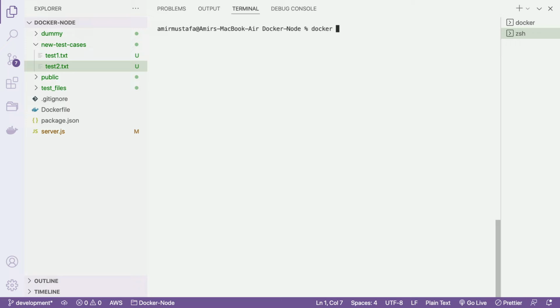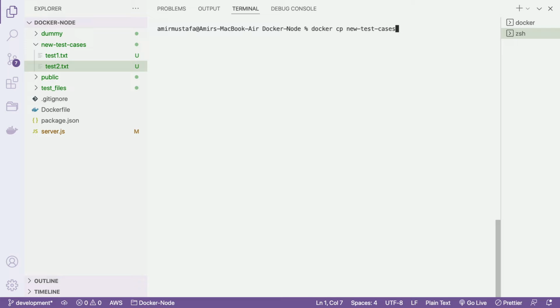docker cp is for the copy command. Let's now refer over here, source file. By source file we mean the folder we want to copy, new/test-cases/test1.txt, your files. But if you want to copy all the files, we can give a dot, space, where we want to paste it, in this container which we just copied, colon,